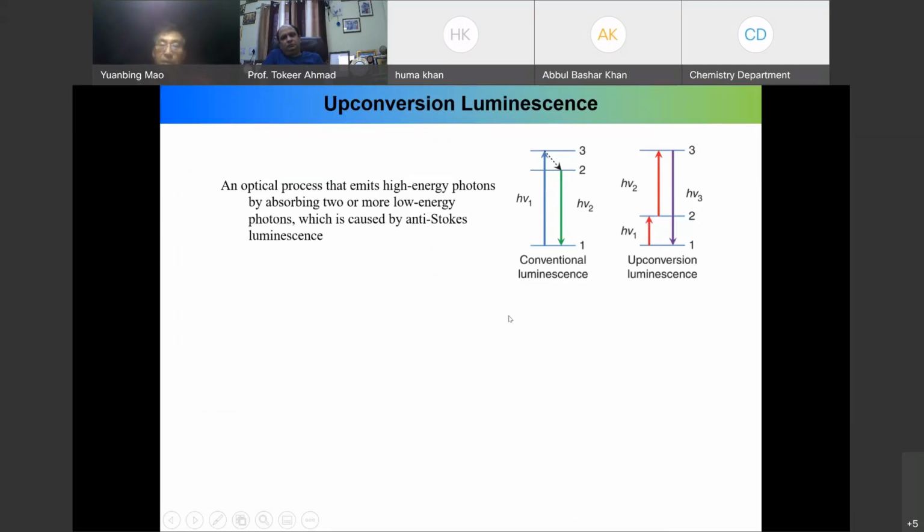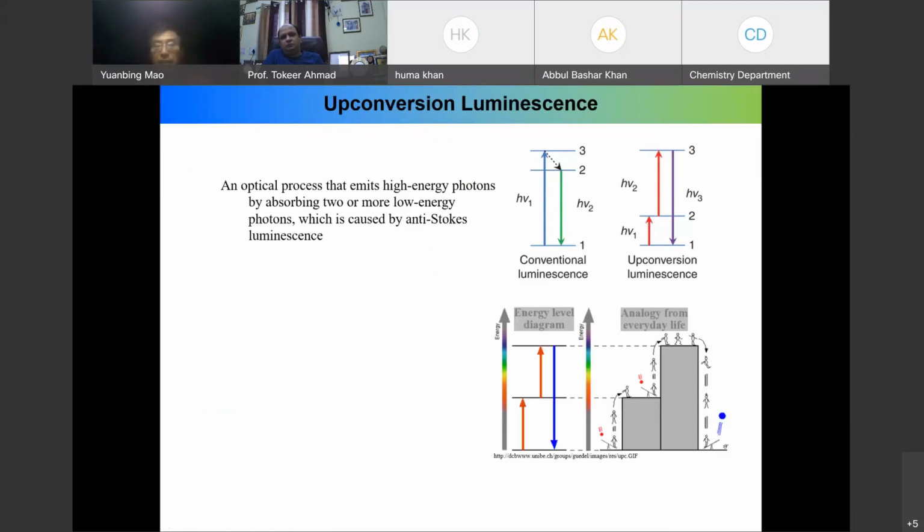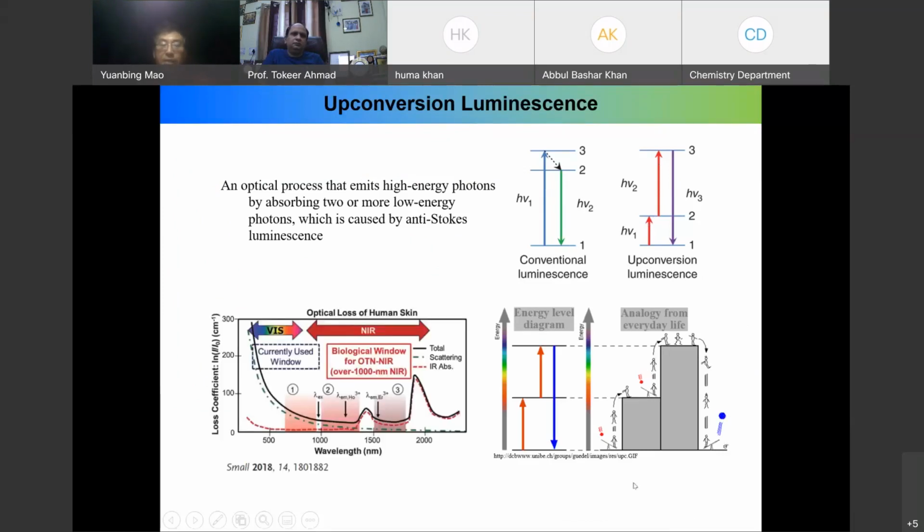That is upconversion luminescence, right? So it's an anti-Stokes process. It's just like you can jump twice up and then jump down once, right? For example, and why this is important, related to bioimaging,